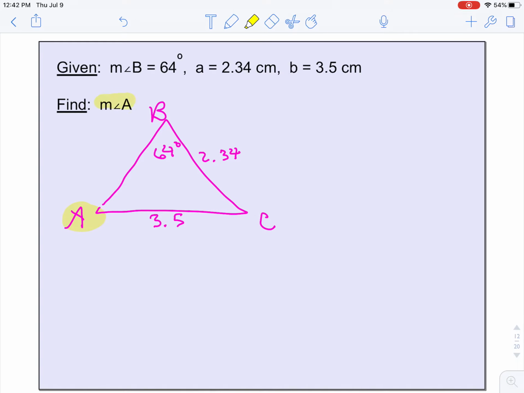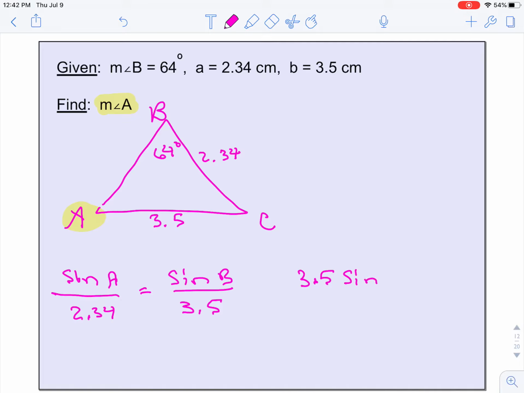So now the only thing tricky about these is just making sure you get things in the correct place. What we are being asked to find here is the measure of angle A. So the ratio that we're going to set up is the sine of A over side A will be in the same proportion as the sine of angle B over side B. So now we can cross multiply, which gives us 3.5 times the sine of A equals, oops, I put B in there, but I need to actually put the value